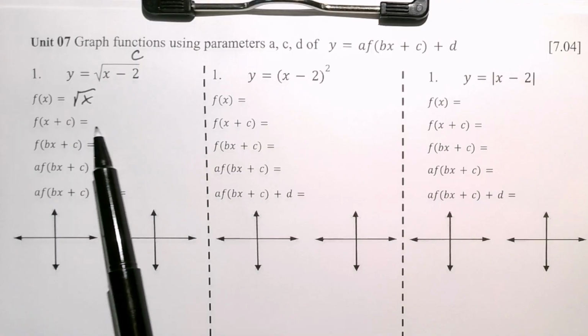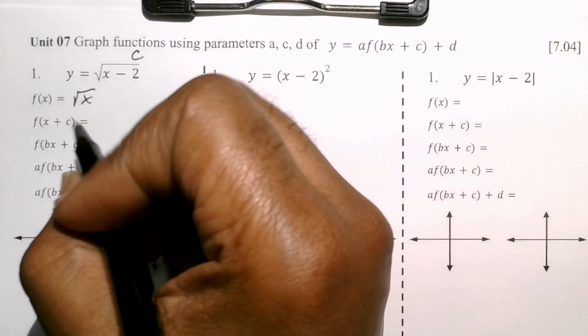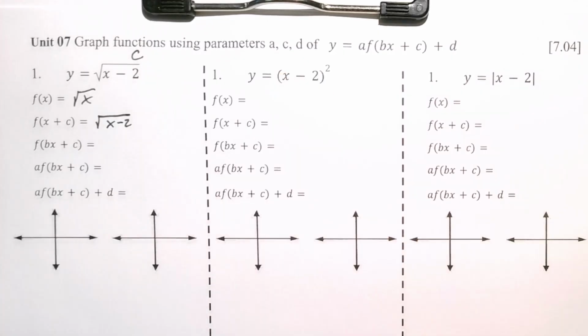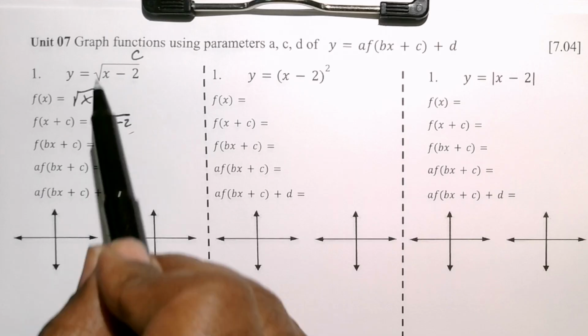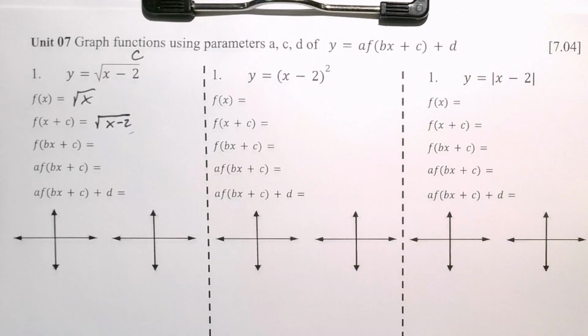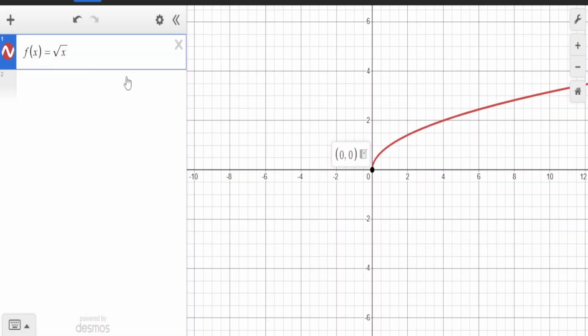So now we're going to add the c parameter. So this becomes x minus 2. And that's it. Once we see this graph, we'll know what it looks like. So let's go to square root of x. Now, we're going to need anchor points and the orientation for square root of x. For that, we're going to go to